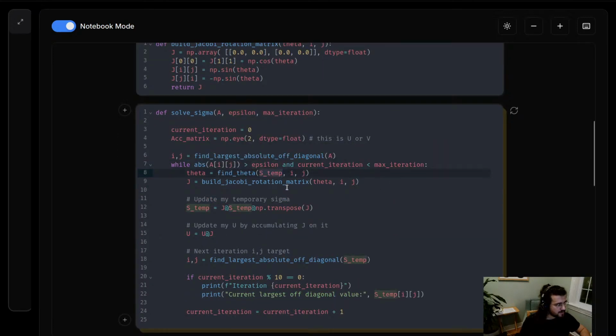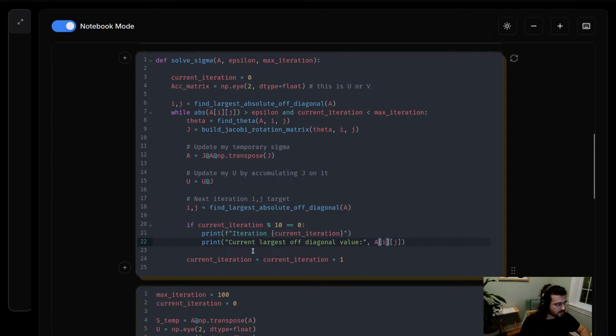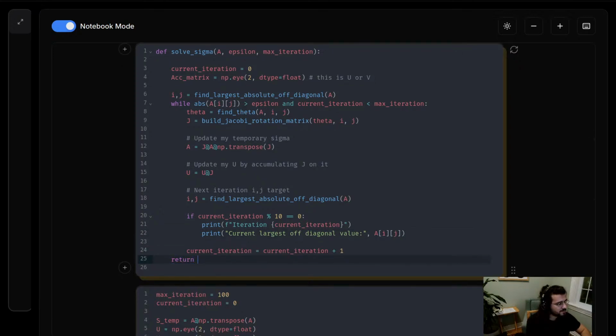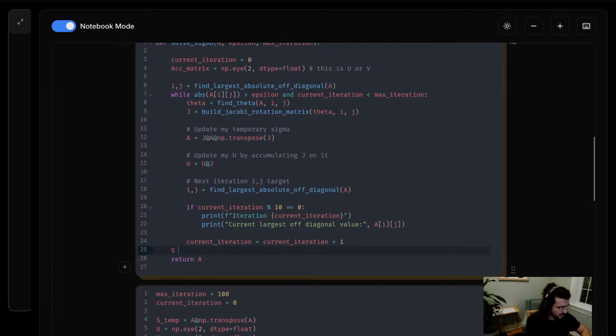I'm gonna have A again. A, I'm gonna put it there. A changed now. This is still A. I don't care about that too much now. And then I return what? I'm gonna return A, which at this point, like sigma equal A, right? So I'll just name it sigma now so that I'm not confused,